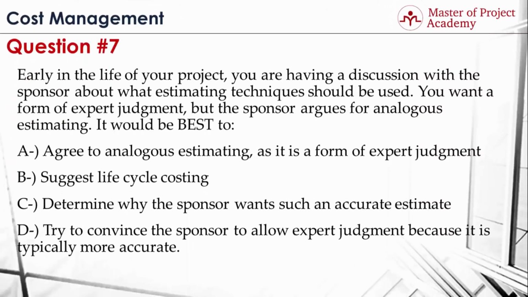Question 7. Early in the life of your project, you're having a discussion with the sponsor about what estimating technique should be used. You want a form of expert judgment, but the sponsor argues for analogous estimating. It would be best to A. Agree to analogous estimating, as it is a form of expert judgment. B. Suggest lifecycle costing. C. Determine why the sponsor wants such an accurate estimate. Or D. Try to convince the sponsor to allow expert judgment because it is typically more accurate. Here, the correct answer is